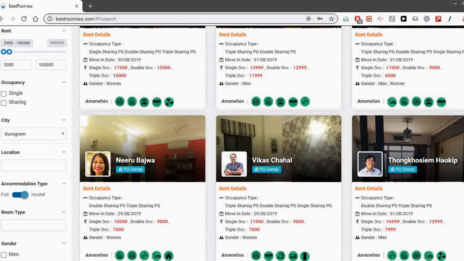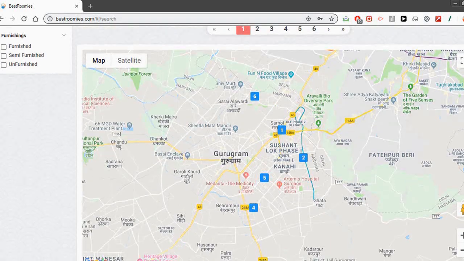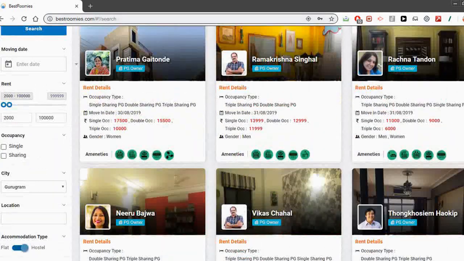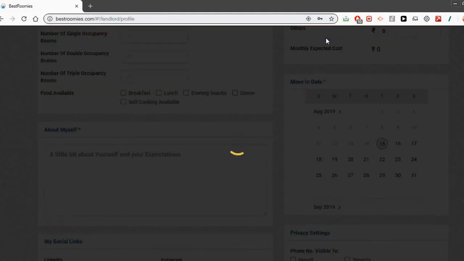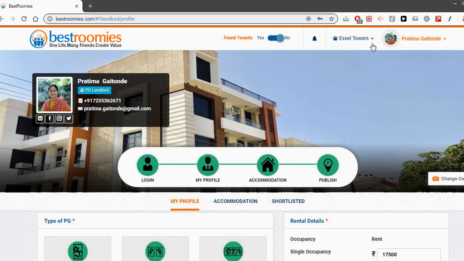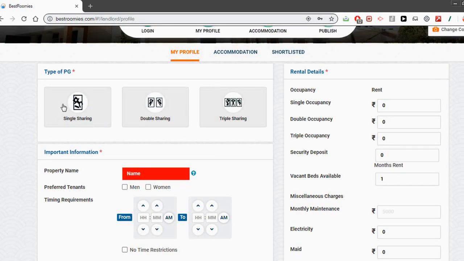Here you are, your profile is posted successfully. A tenant can see your profile and the location. If you have multiple properties, you can just go back to your dashboard. Just under your second PG, add a new one. Here you select new, and then